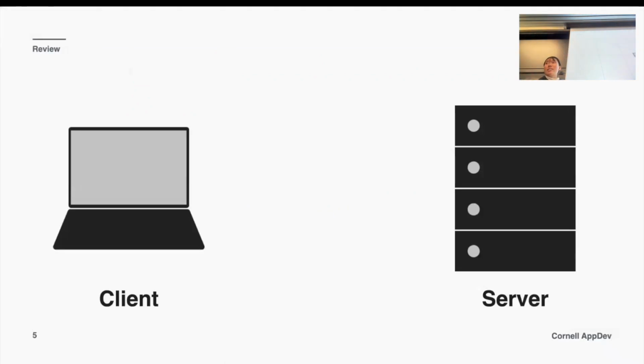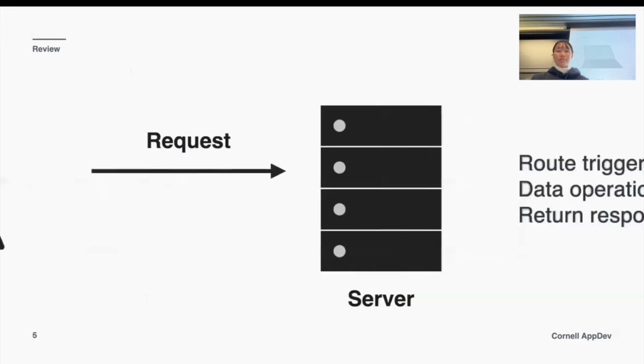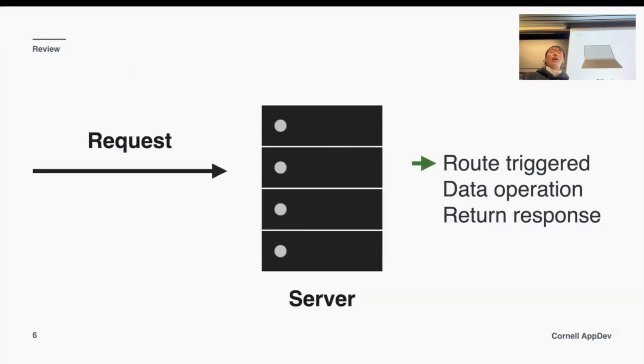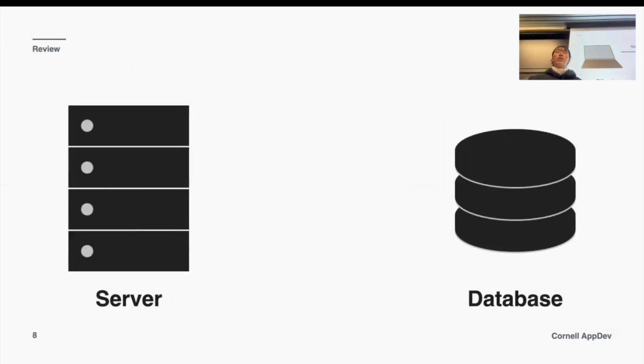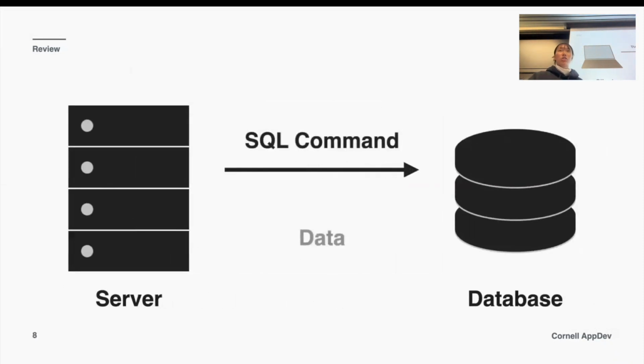Before we get started with today's content, let's quickly go over some review from what we've seen in the course so far. First, we talked about the client-server model, in which the client and the server are both computers, where the client runs front-end code and the server runs back-end code. The client sends the server a request. This triggers a route or hits an endpoint in our backend. Some business logic and operations are done. And then the backend server might need to retrieve some data from our database in order to do those business